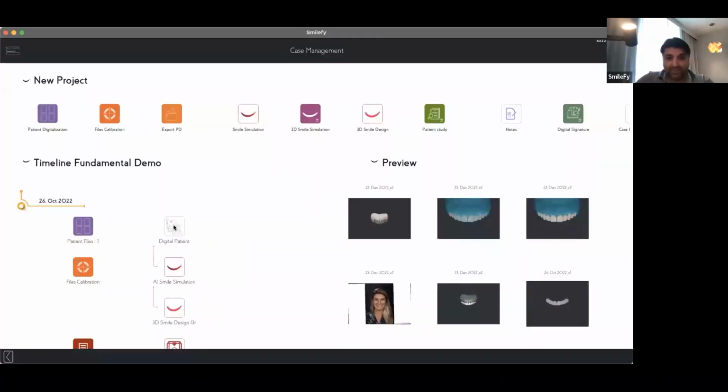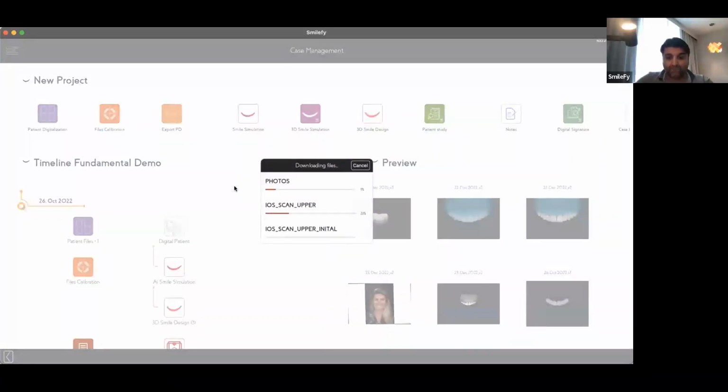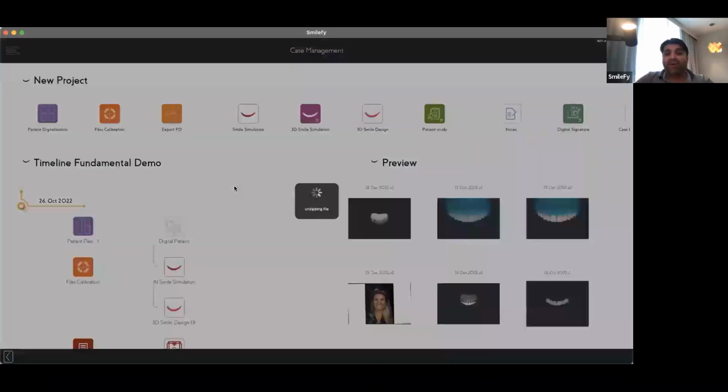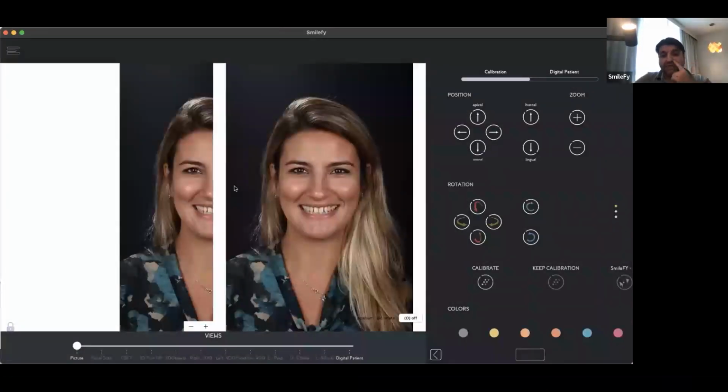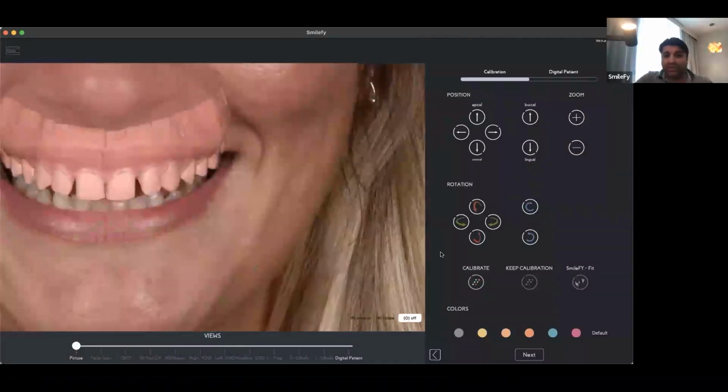So as you can see, let me take the file calibration. Calibrating the upper lower scan with the picture creates for us a digital patient. So we have patient documentation, pictures, video interviews, intraoral scans, CBCT, and then we calibrate all these files, creating a digital version of our patient. And that's what we need